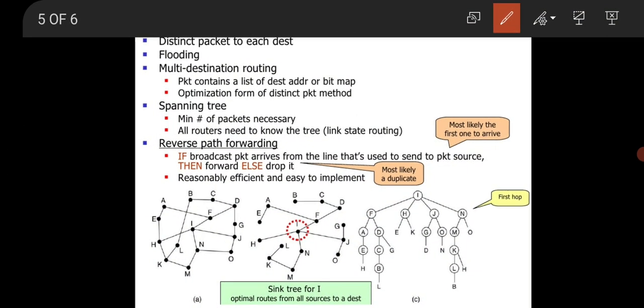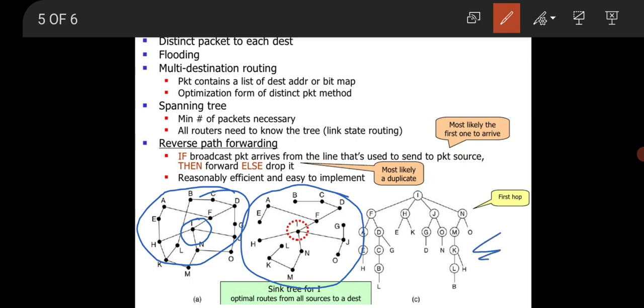Now you can see here, this is one part. This is a network which is given. This is the sink tree which is created for router I. What is a sink tree? All know, right? A sink tree has all the optimal routes from all sources to the destination, and based on that, this tree is generated.